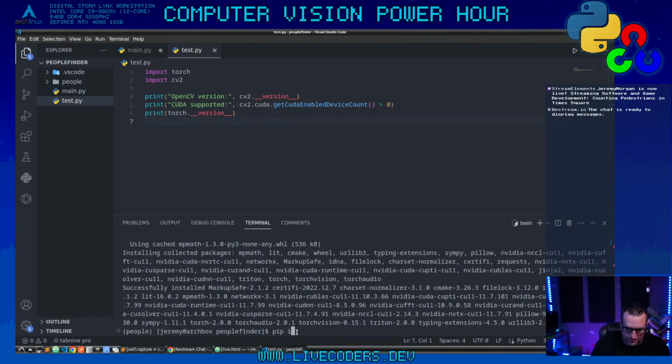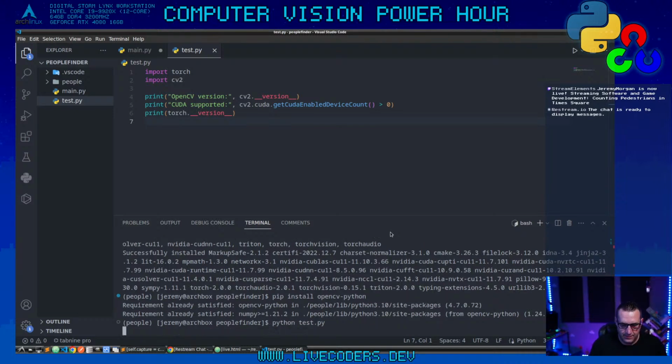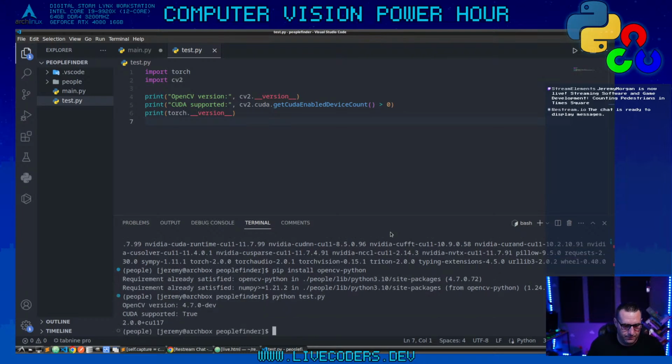Okay, pip install opencv-python. Now let's try test. There we go. Now, for some reason, when I installed and told it to download a specific CUDA library, it did not work. However, you can see down here, it's a little hard to see, but our OpenCV version